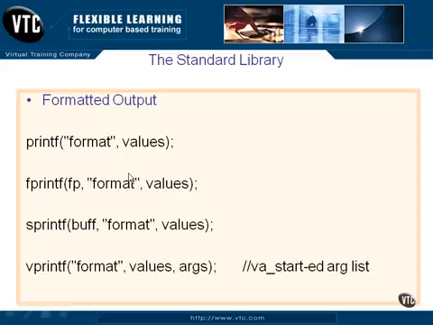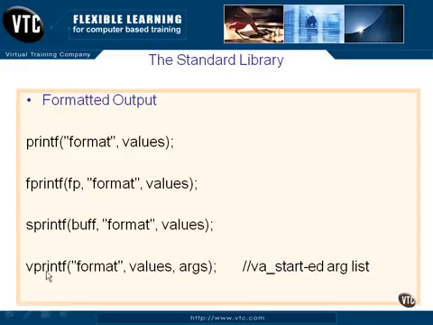And obviously the values will be put into the format string to look like they would in a printf, and then the whole thing will be packed off out this file pointer wherever it happens to go. A printf is just an fprintf pointing to the standard out. That's all that really happens when you make that call. Here's an sprintf, and that's a string printf. What that's going to do is take the format string and the values, tack the values into the format string, and put them into the buffer. And this string has to be big enough to hold this format with all of the data in it and an extra null at the end. So that's going to be a pointer to a character array, a string buffer basically,